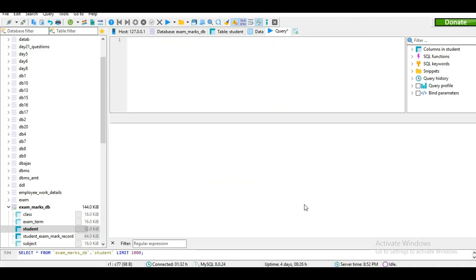For that I need to type in delete, and I need to mention which table information I'm going to delete. So I need to write in student over here, and next I need to tell whose information I'm going to delete. So I need to type in where